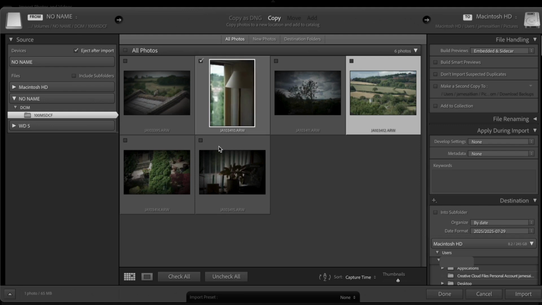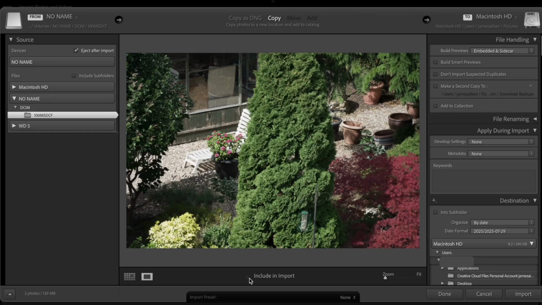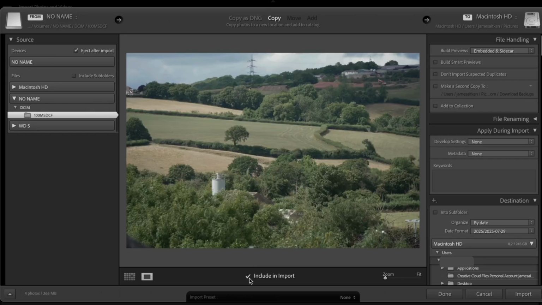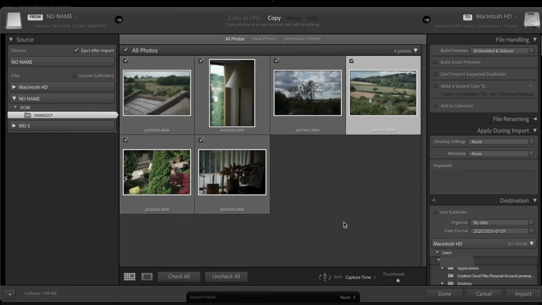So you just, oh, that one or that one. Or you can open them up and go to this little arrow down here like this and pick the ones you want. But let's pick all of them. And what I'm going to do is a very basic edit. So once they're in the viewing mode, you go to import. And now they're going to import